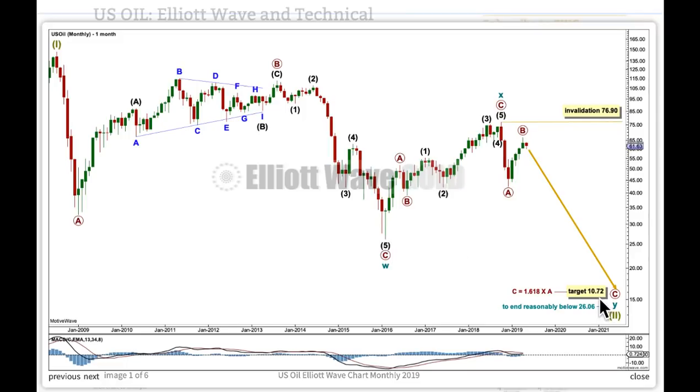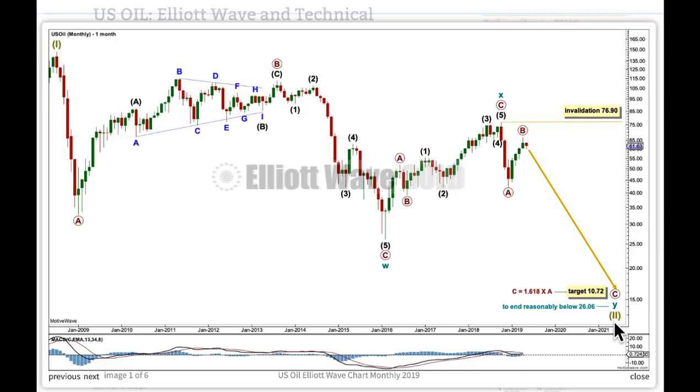This target would see that purpose met for cycle wave Y. When primary C completes cycle wave Y, then supercycle wave 2 would then be a complete Elliott Wave structure, and then this wave count would expect a massive trend change for oil and a new bull market,